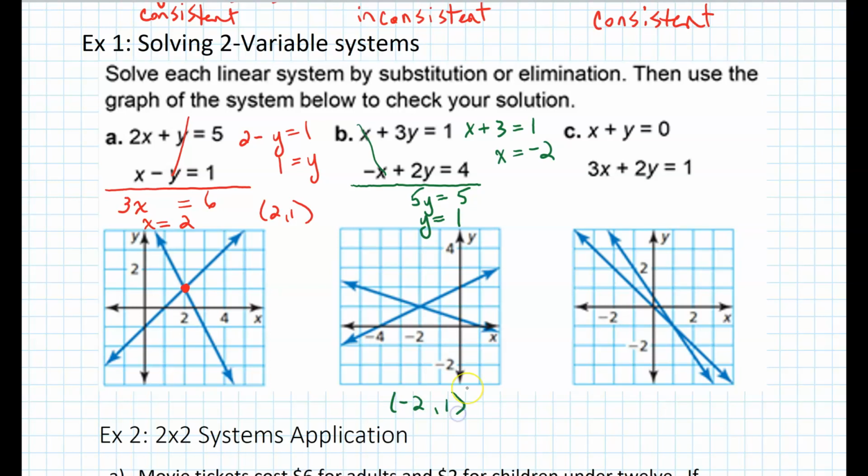-2, 1. Again, an ordered pair. And does that again match our graph? Yes. Okay. And it's satisfying. All right. So for our last one,